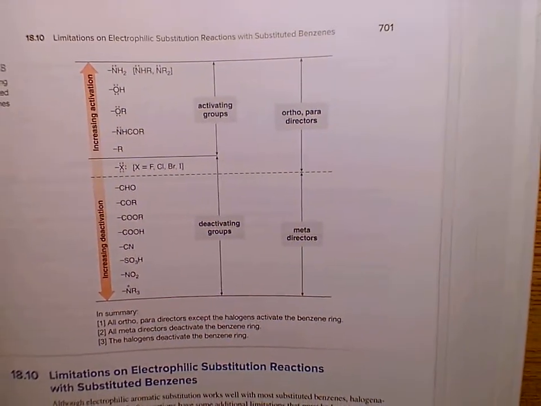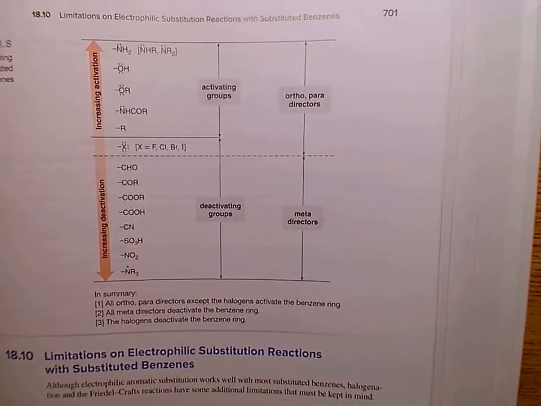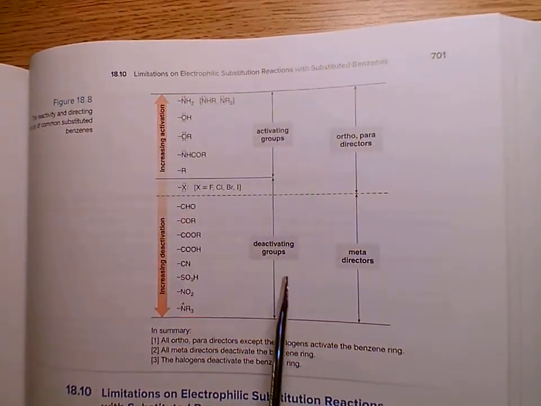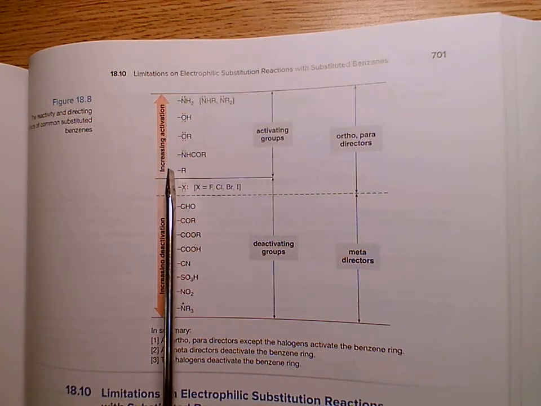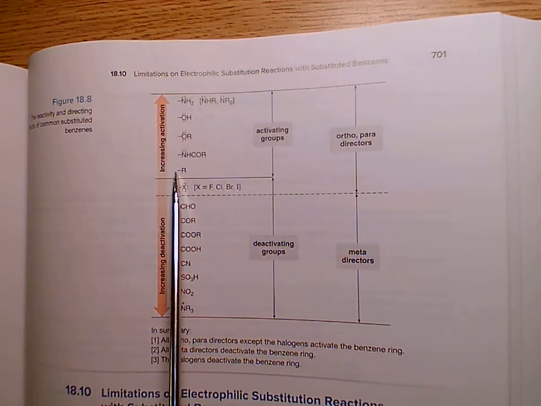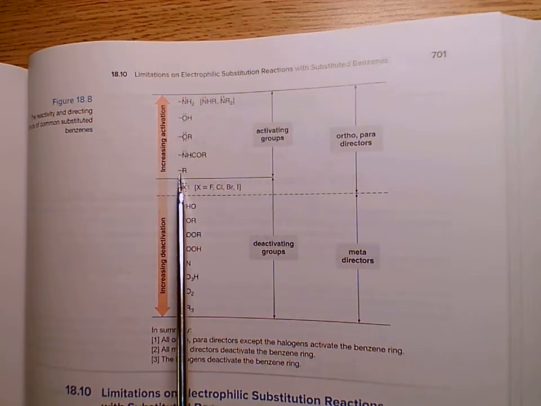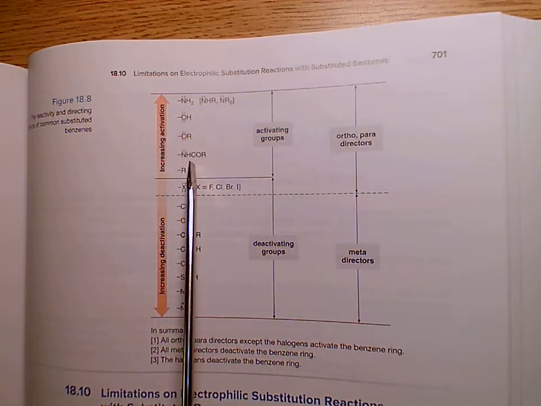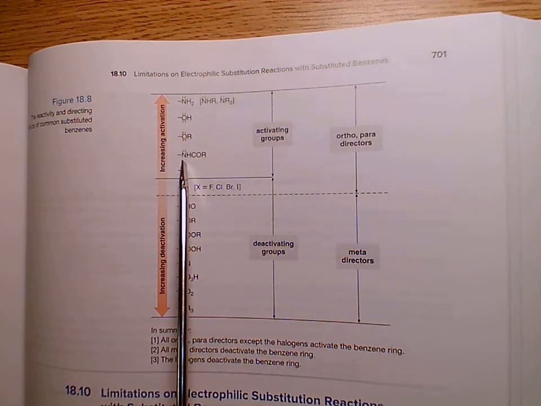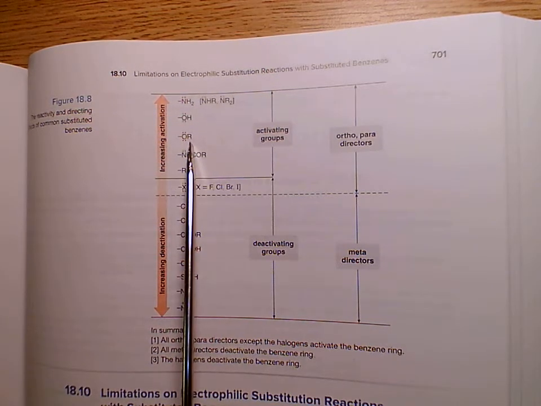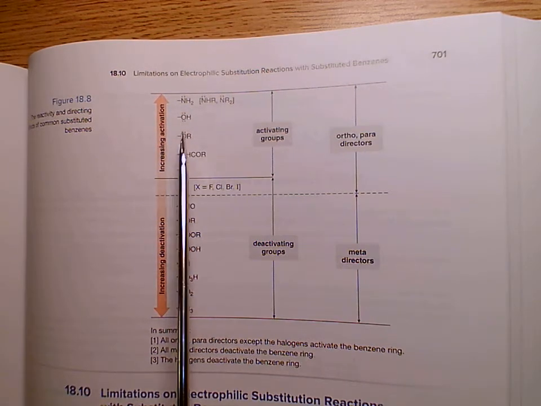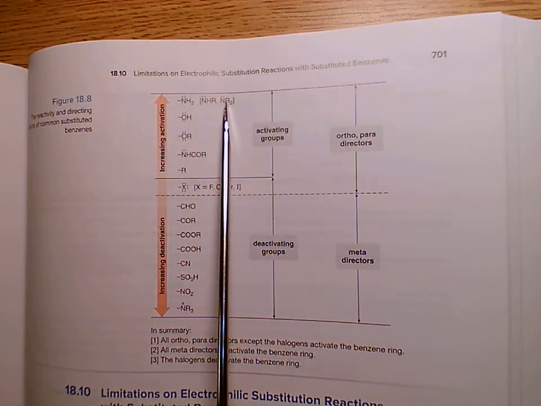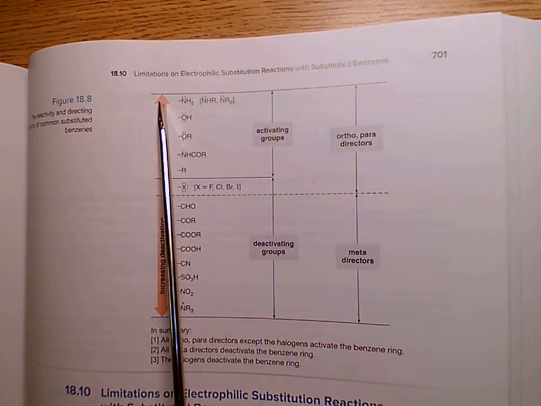So this table here tells you what goes on, where we have our increasing activation going this way, where R means just normal alkyl groups, or weakly activating. This group, the acid analide, is what we dealt with in the lab, is more active. OR, they make the ether, is even more active. Phenol would be more active. And then nitrogen. Nitrogen with lone pairs, be it primary, secondary, tertiary, aniline or aniline derivatives, are very activating, very